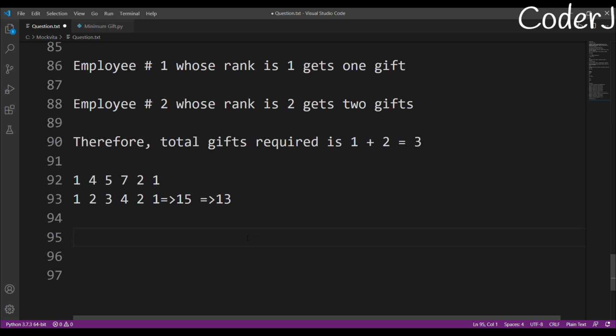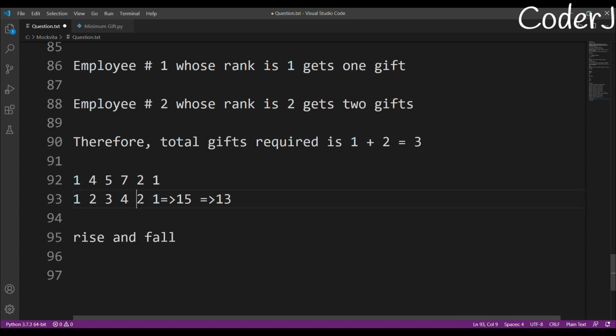Now I'll tell you how to solve this question in the easiest way. Whenever you encounter a question like this, remember only two terms: rise and fall. Rise means when the elements are in increasing order. Fall means when the elements are in decreasing order. Look at these elements. Here you can see a rise. If you imagine a graph, you're going up a mountain. But then you see these values, 7 to 1. Here you will see a slope, you are coming downwards. This is what I mean by rise and fall.